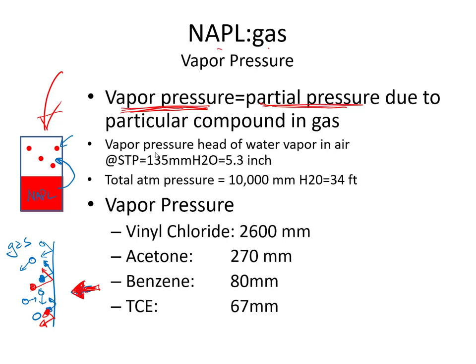So an example of that is the vapor pressure, expressed as a head of water vapor in air. It is this: the pressure head, 135 millimeters of water, which is about 5.3 inches. Now the total atmospheric pressure is about 10,000 millimeters. It's about 10 meters or 34 feet. So of that total pressure head of 34 feet, about 5.3 inches of it is due to water vapor